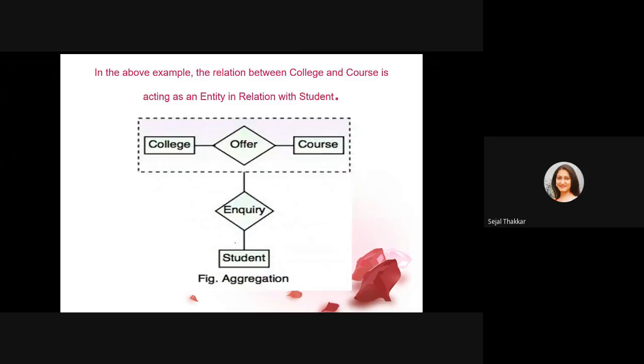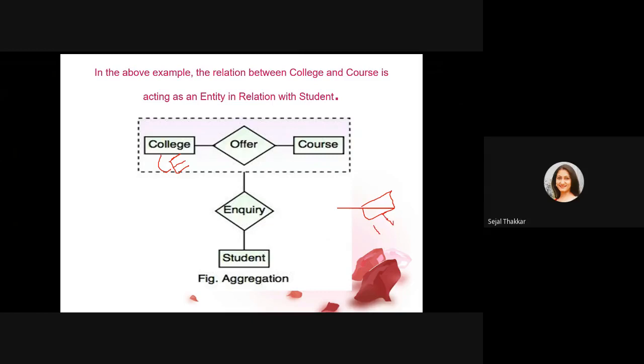So here you can consider that, being a student, I want to inquire about the course or college. First I will find out, if I want to take admission in CE, whether that particular college is having the CE course or not, right? So this inquiry can be done together. So this is considered as one entity. It will look like this entity,